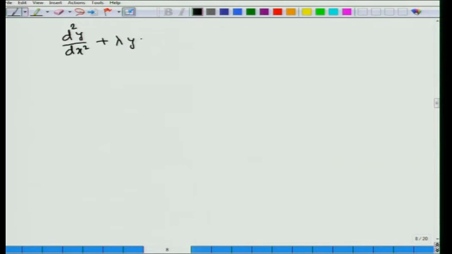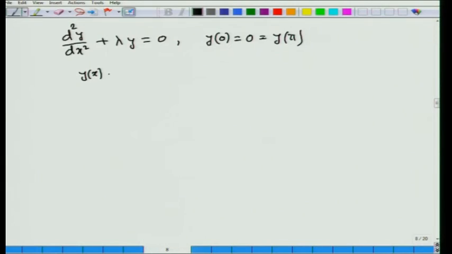Now, this particular ordinary differential equation is well known for the problems involving eigenvalues and eigenfunctions. So, first of all we solve these equations quickly, because I hope you are familiar with these solutions. So, you can verify for lambda less than 0 or lambda equal to 0, there is no solution other than the trivial solution. So, that means there does not exist any non-trivial solution for lambda less than or equal to 0,